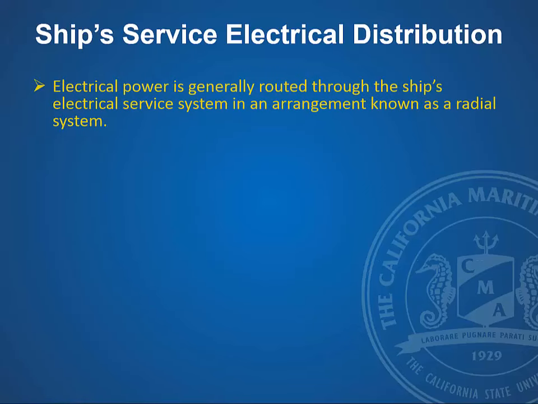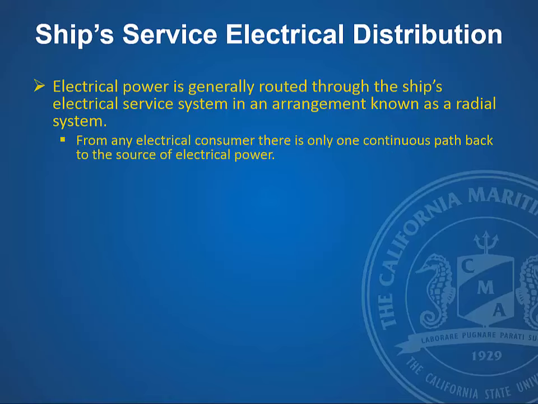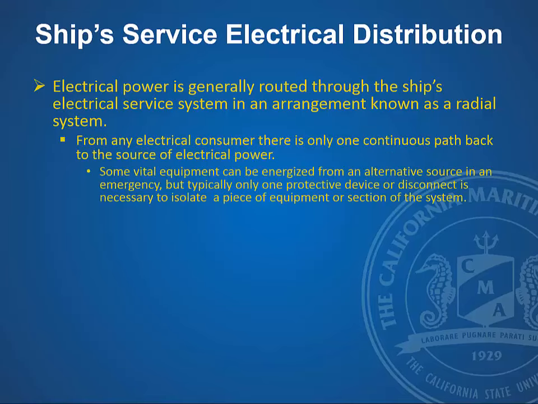The electrical power is generally routed through the ship's electrical service system in an arrangement known as a radial system. What this means is that typically, from a switchboard to the actual piece of equipment, there is only one source. And this is done for safety reasons. If it was to come from multiple sources, before working on a piece of equipment you have to make sure that you cut off power to every source. So generally,